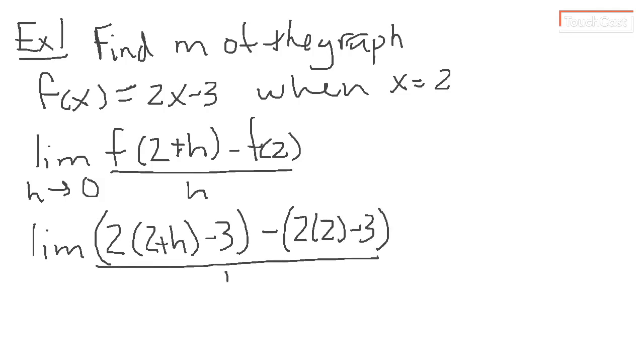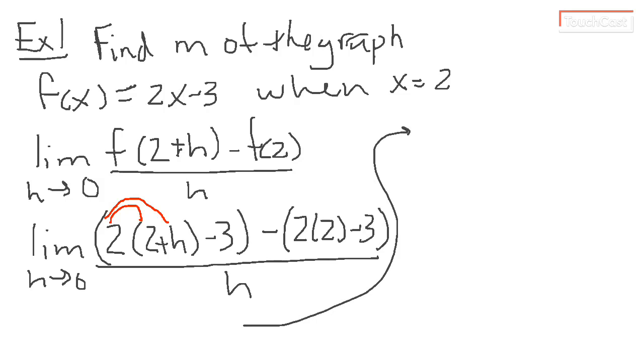We're going to try to solve for this. So now let's look at what we've got and what we can clean up. In this first set of parentheses, we can start by distributing this 2. So we're going to have the limit, I'm going to do my work up here. We're going to have the limit, 2 times 2 is 4, 2 times h is 2h, minus 3,